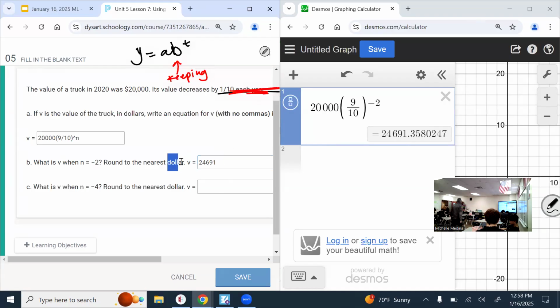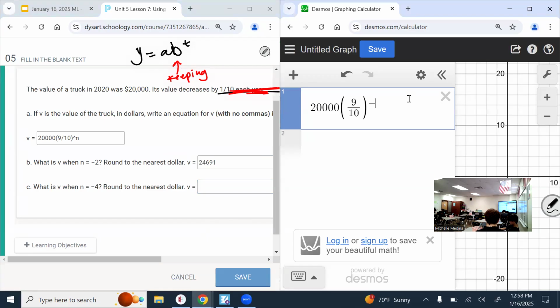So yeah, if it wanted you to round to 2 decimal spots, then it would say hundredth with a TH. Since it says dollar, that's like rounding to the nearest ones place, the nearest whole number. I'll pull up the key in a second and we could be certain, but that's what I'm going with. Then when n is -4, rounding to the nearest dollar would be